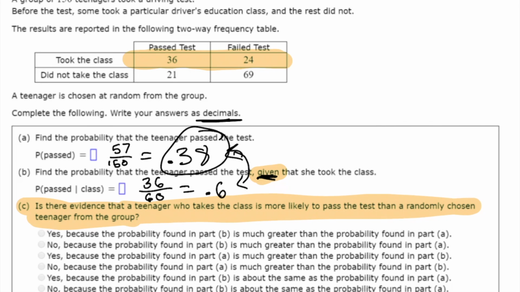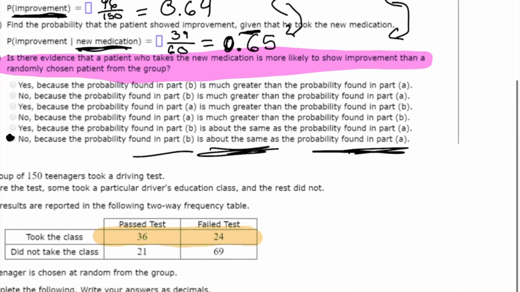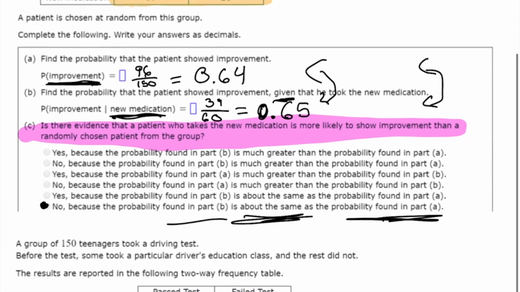But given that they took the class, that bumped it up all the way to 60%. That's more than half. So for this one, I would say yes, absolutely, because the probability found in part B is much greater than the probability found in part A. So once you go through those, you're going to have to make kind of a judgment call and